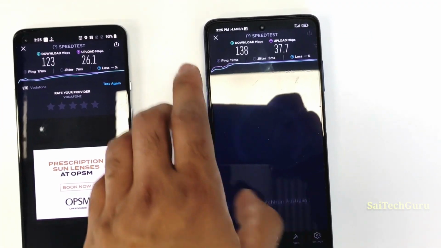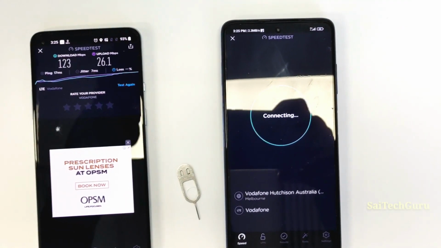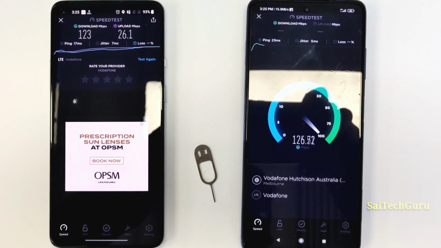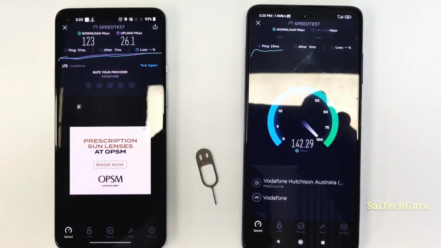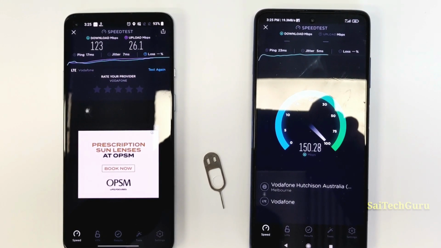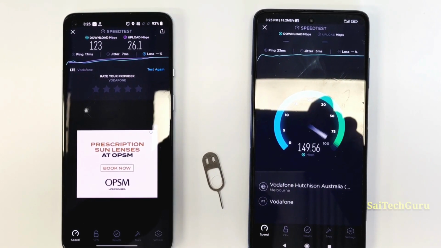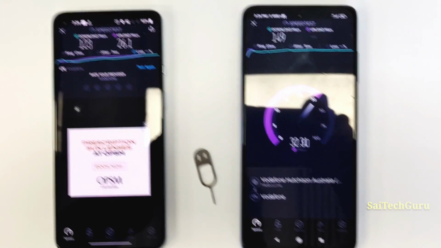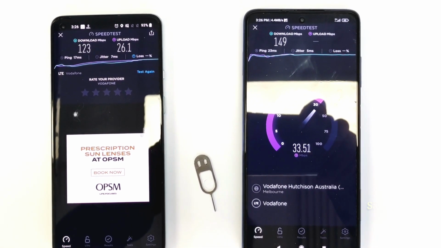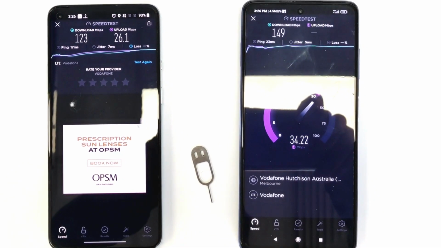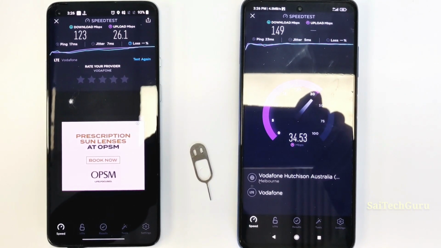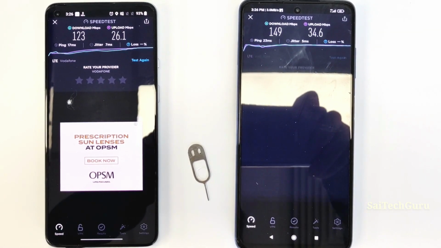So once I test on the Poco X3, then I'll try to swap the same SIM card into the OnePlus 8T smartphone. So in this way, we'll get to know the exact speed test difference between both of the smartphones at the same location, using the same SIM card at the same time. So this is another way to test the 4G data speed. Instead of using two different SIM cards, I thought of testing using one SIM card only. So as you can see right now, the speed test results were close to 150 Mbps, which is incredibly good for this kind of mid-range segment mobile phone. So which is another good advantage for this Poco X3 smartphone.